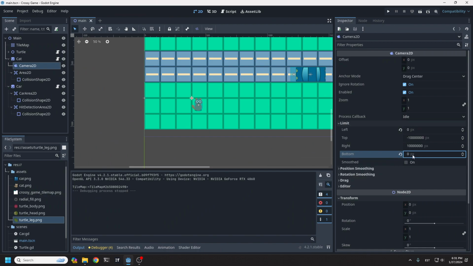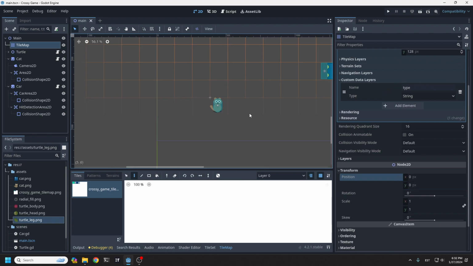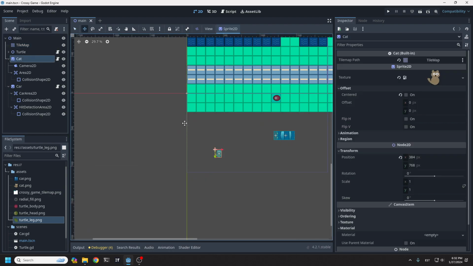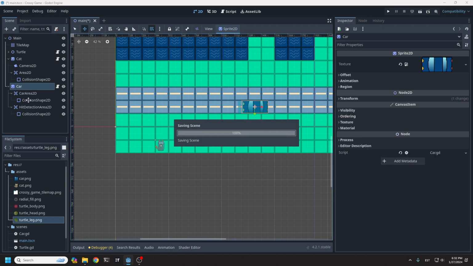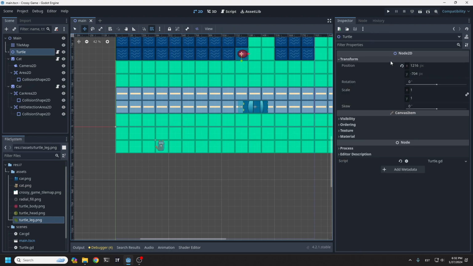I'll quickly check what the tile map's position is. Okay, so tile map probably needs to be 0, 0 as well for this to work. And I'll move the cat, toggle on snap. This is good. And I'll move the car. And I'll move the turtle. Okay, and now if we have 0, 0, then